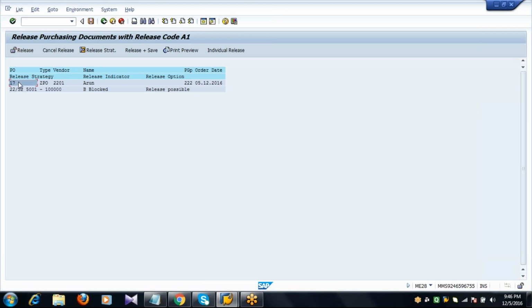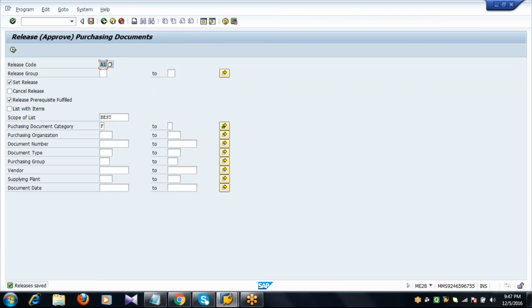Now you place the cursor on the line item and click on release plus save. So release order saved. So it means A1 is approved.